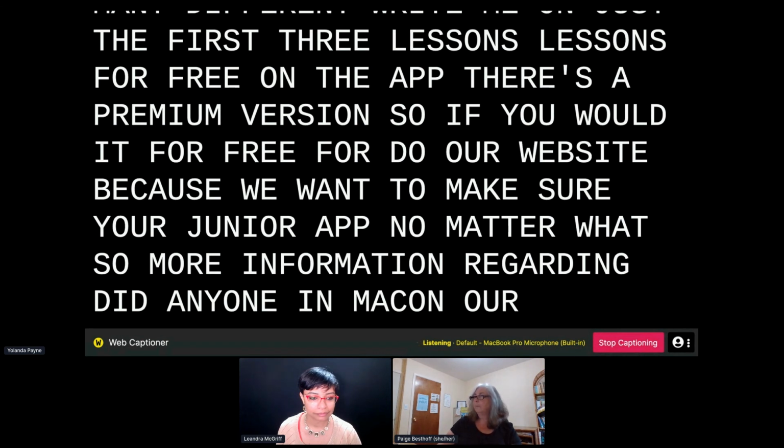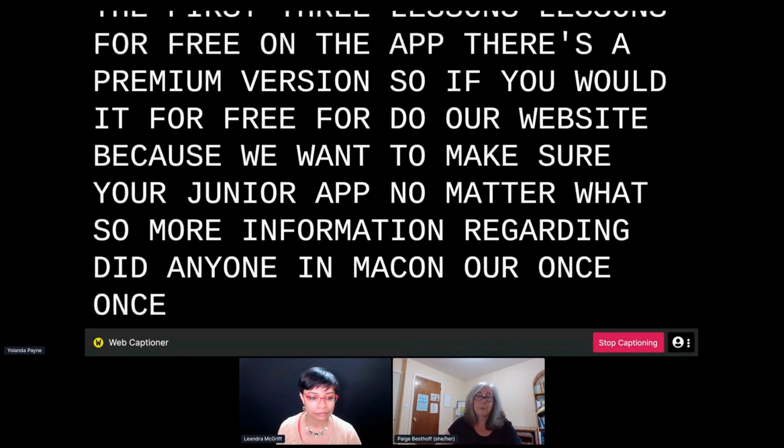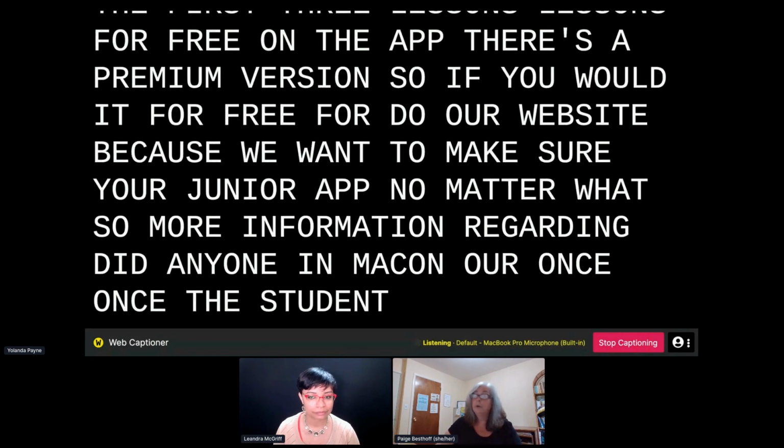Once the students are introduced, I know that a lot of my students will go through the Tinker Junior, and even though they're so little, they may be ready for more. I do have 3rd and 4th graders who are already working on intermediate level, which is middle school level. So the great thing is that the students are really able to, it's endless. It's endless where they go and what they're able to work on.